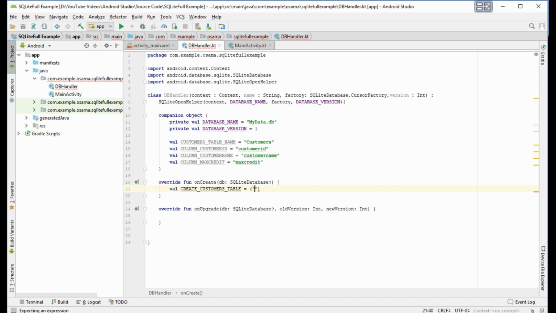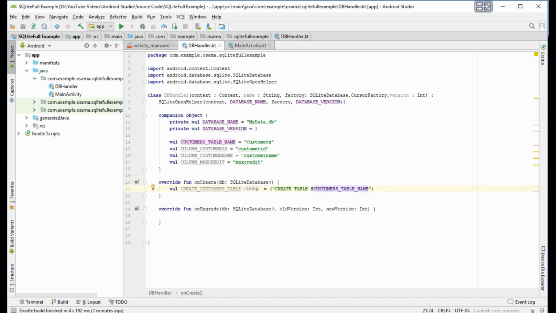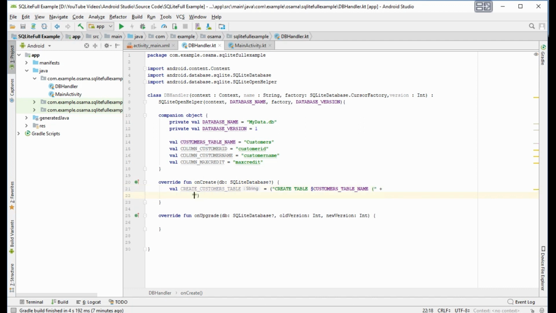Okay, now create table $sign customers table name, then open a parenthesis and enter.